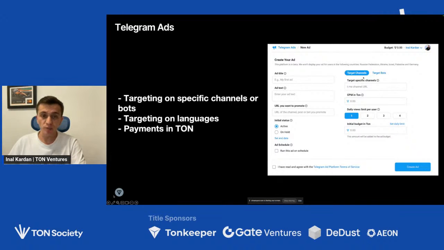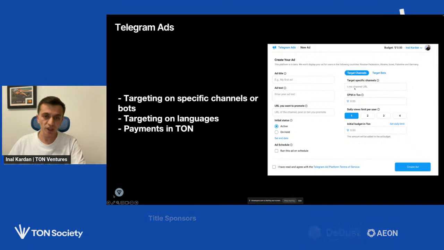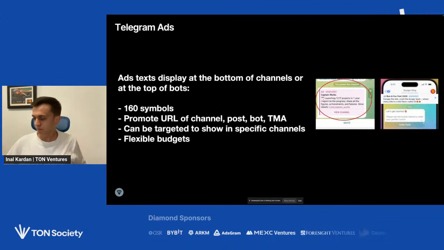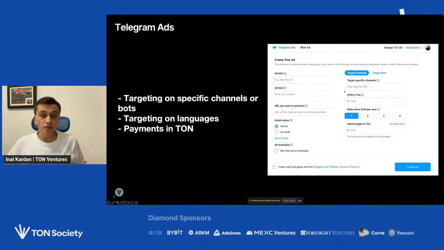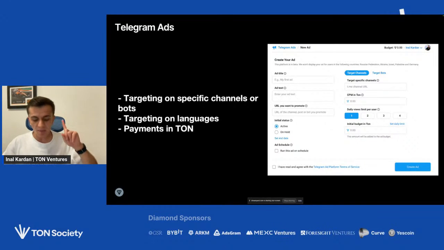And you can target specific channels or target bots. So you can set here what channel you want to target. As I already said, for example, you can run ads for the TonCoin channel, and people in the TonCoin channel will see your ads, but only Telegram users without a premium subscription.